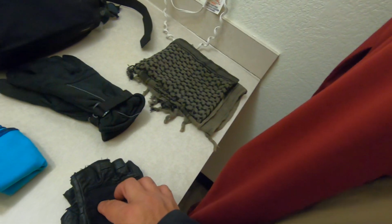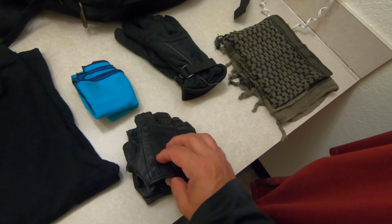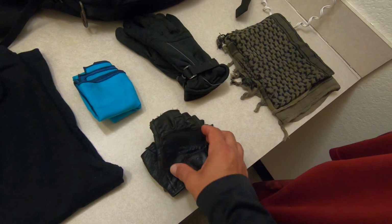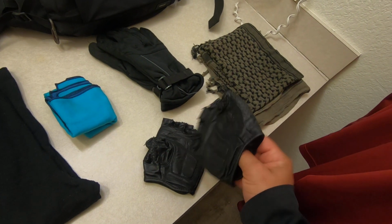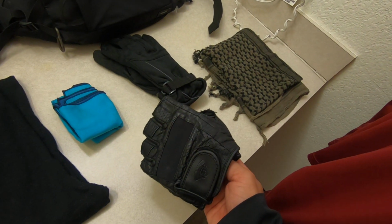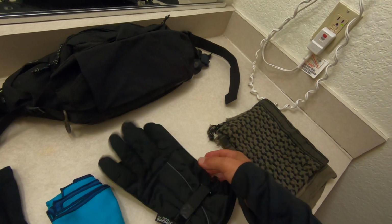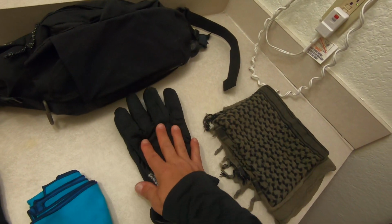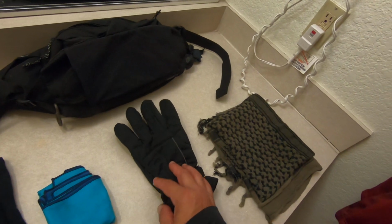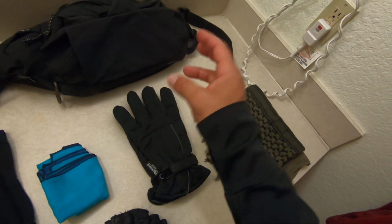Gloves. These gloves, they're just leather gloves. I had a Harley, and these were my biking gloves. So instead of throwing them out and buying different gloves, I said, well, heck, let's use these gloves. So hopefully these will keep my hands from getting blisters from the trekking poles. And then when it gets cold, I have these neoprene Thinsulate gloves. These actually work really well. If you've ever lived in a place where there's snow, neoprene is the best material in my choice because it is thin and it's warm and